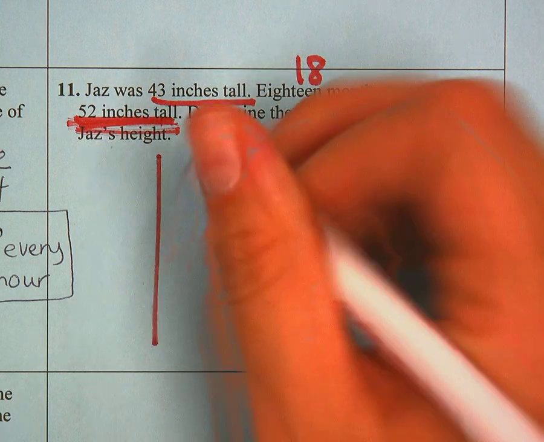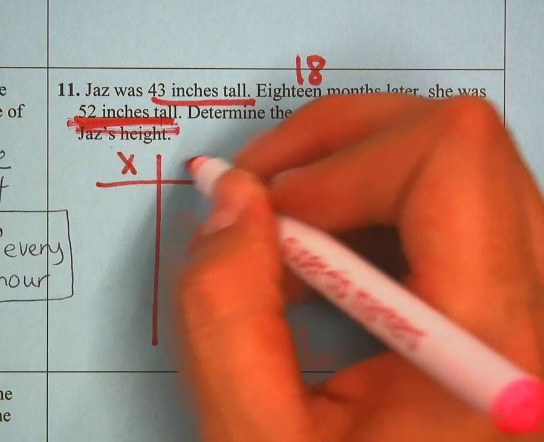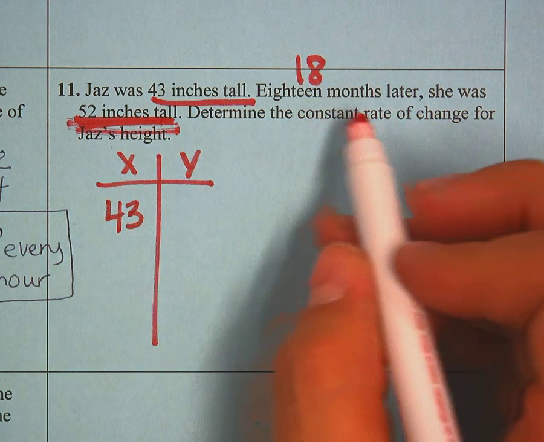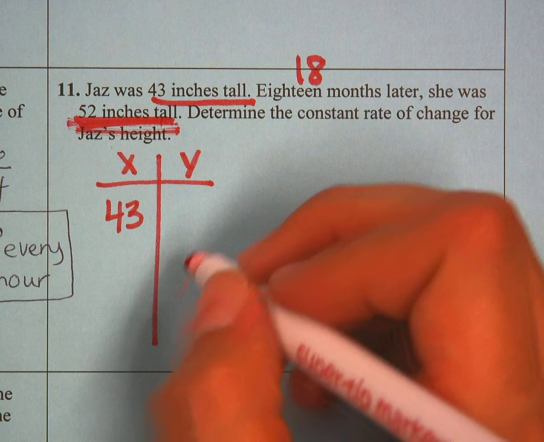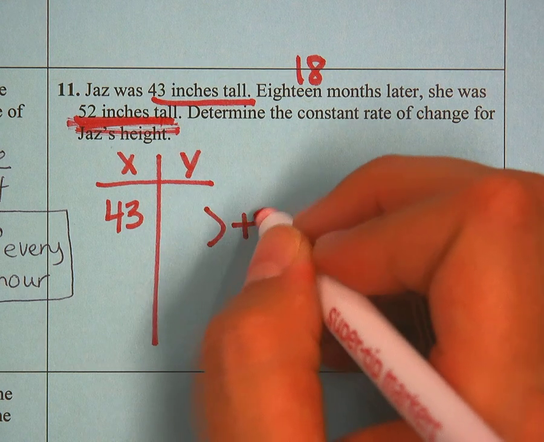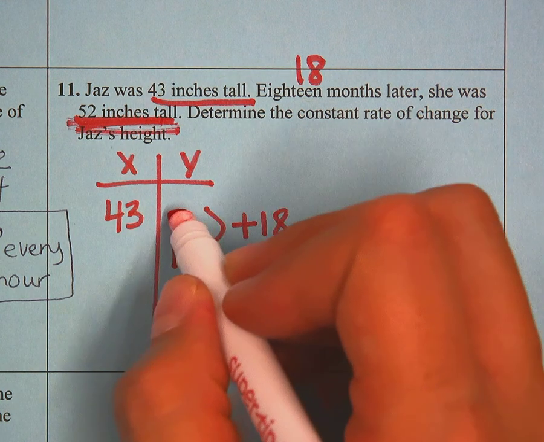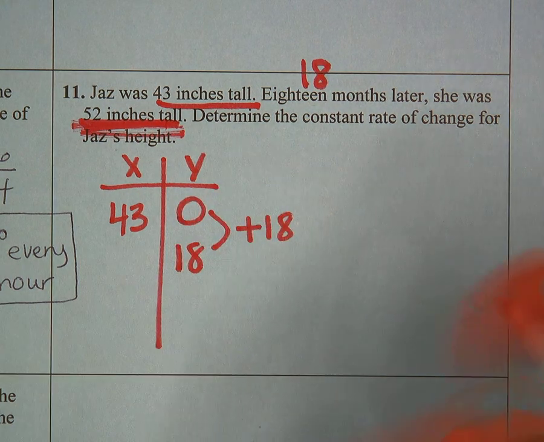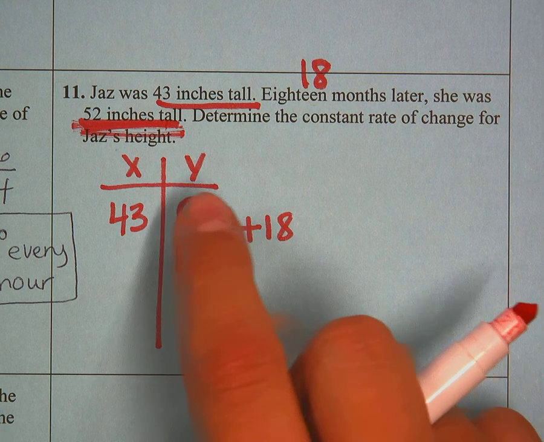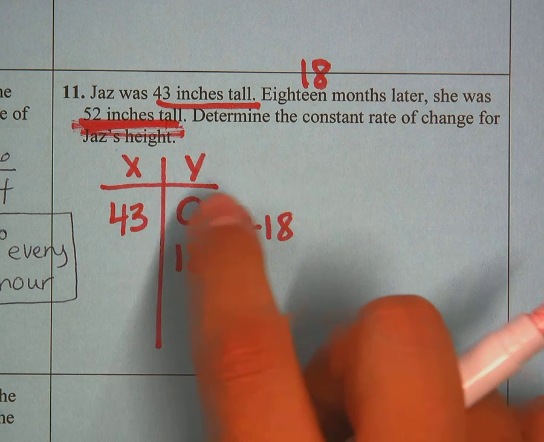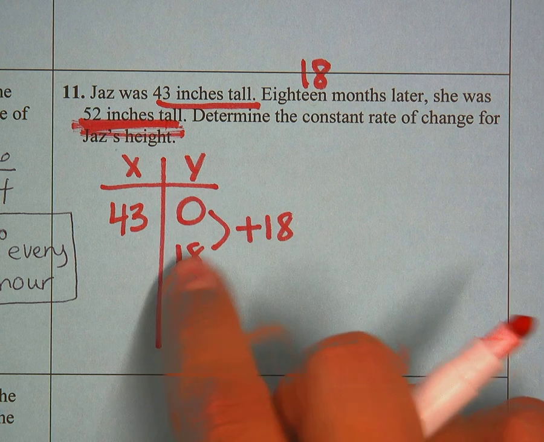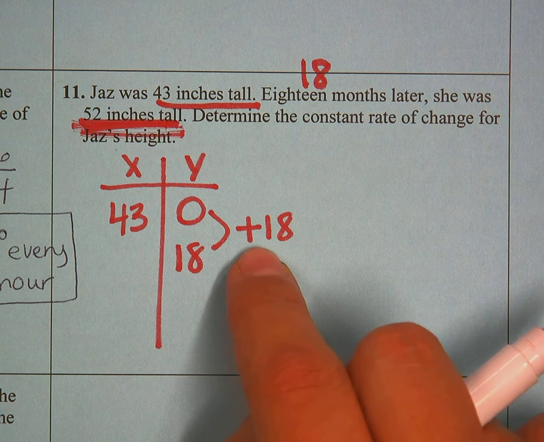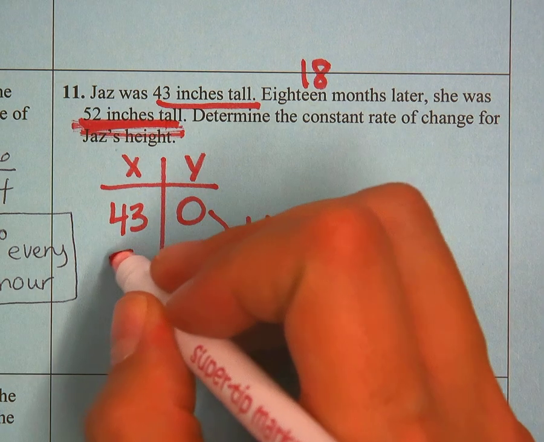So I'm going to go ahead and make a table of x and y values. And if I put 43 inches here, 18 months later she was 52 inches tall. So whatever this number is going to be plus 18. And I'm just going to put a 0 as my placeholder there because it says 18 months later. However old this person started 18 months before, we just don't really know what it is, so we're just going to substitute that 0 in. The 18 later just means that this is a plus 18, and Jazz was 52 inches